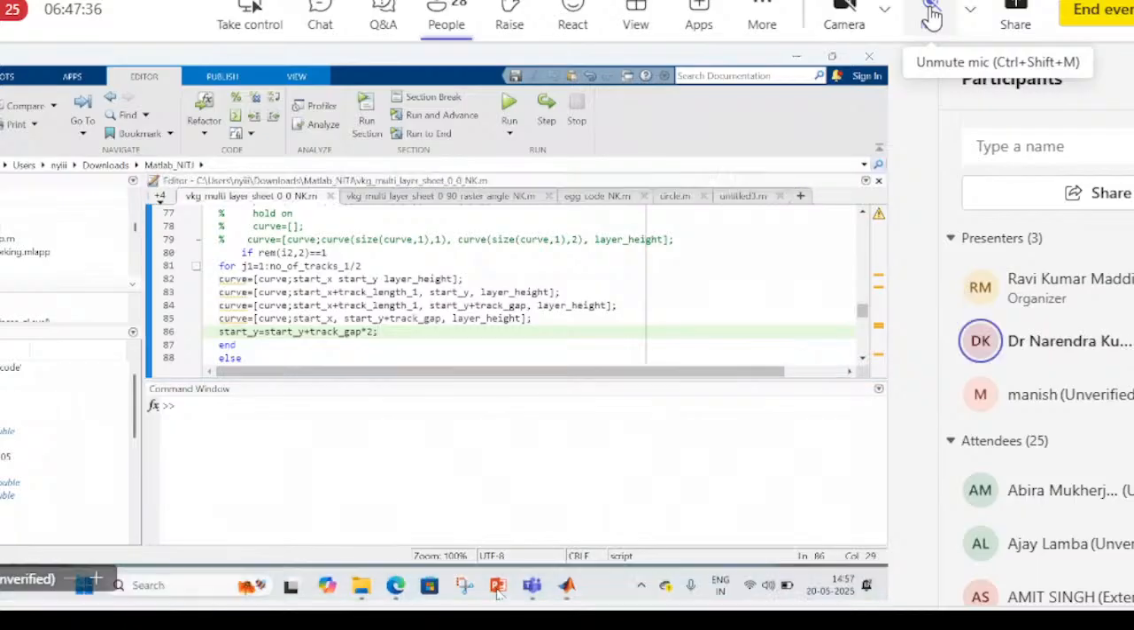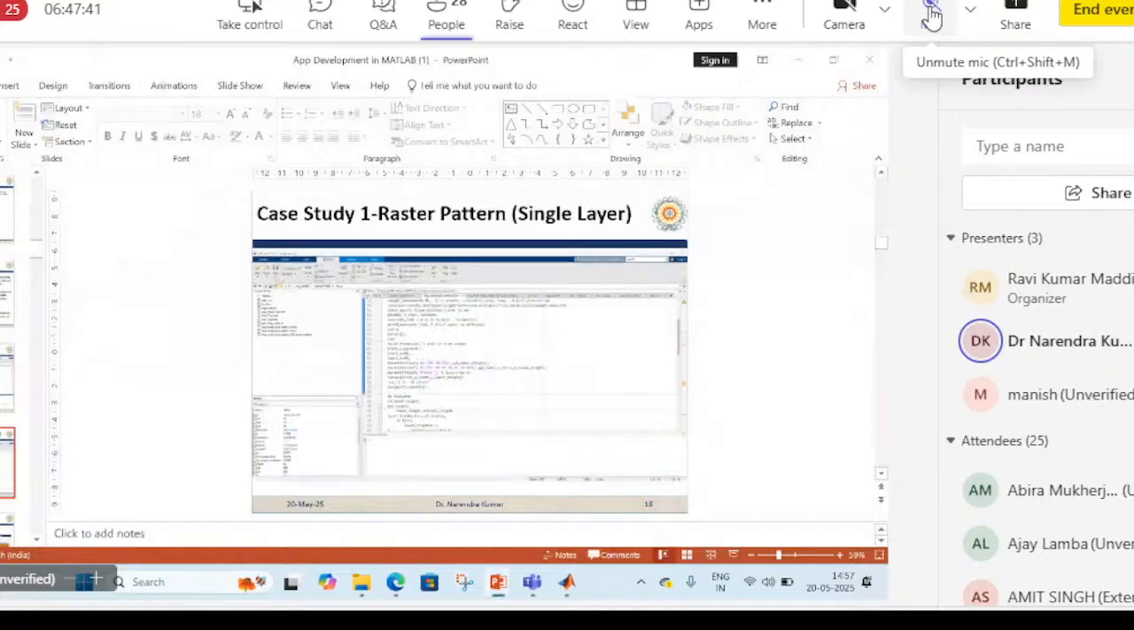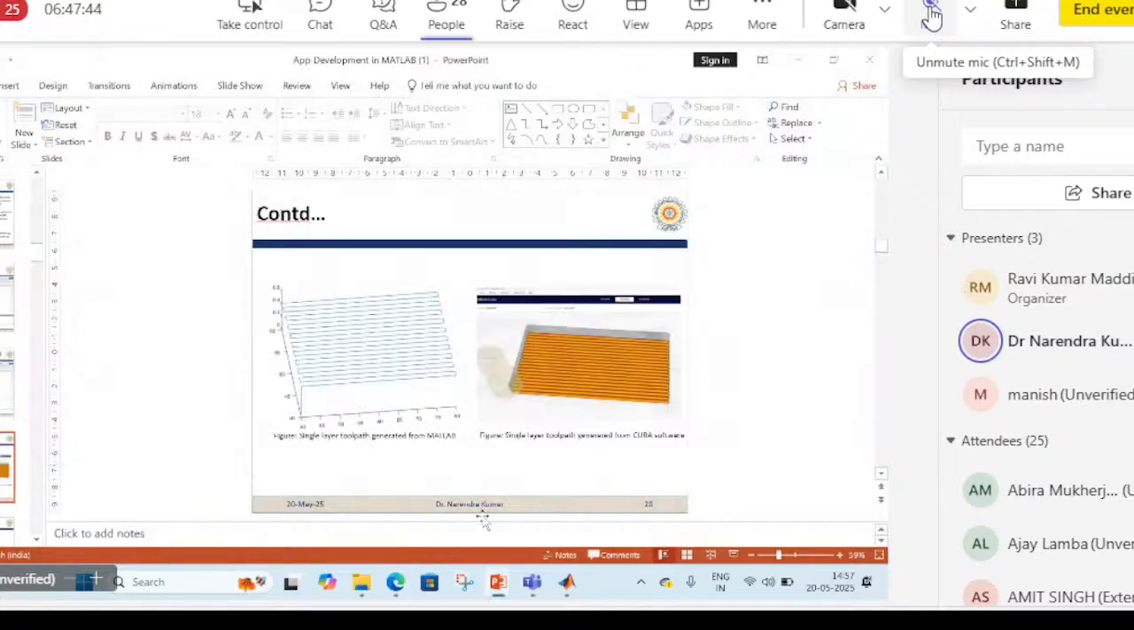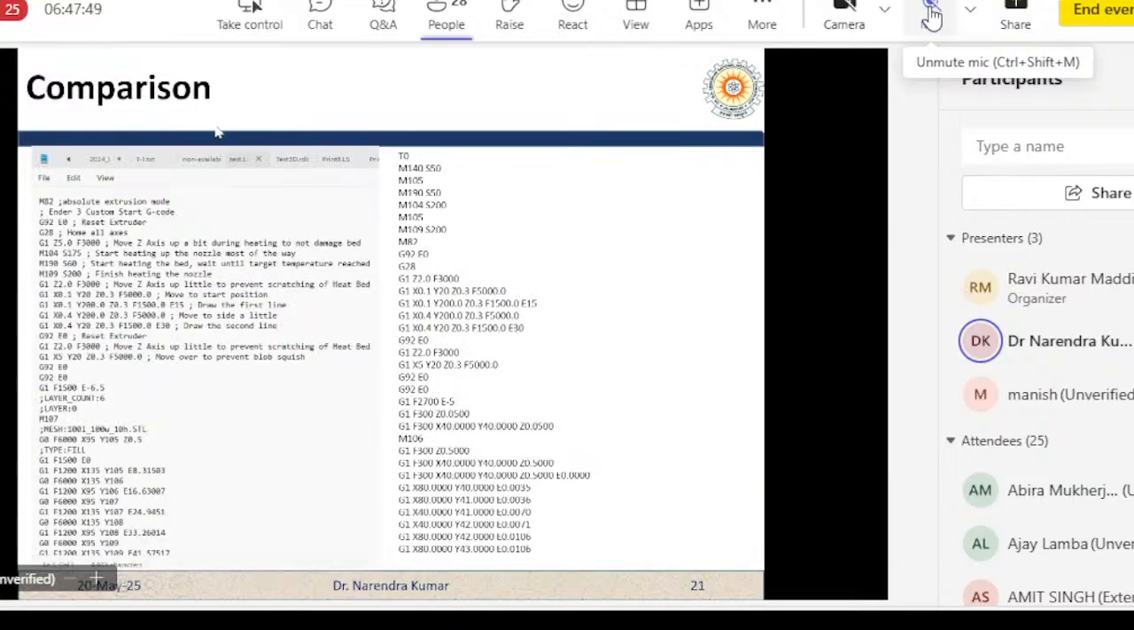Now, if you compare the code here, I have already pasted my code which I have generated from the MATLAB. So see, this is the comparison. In the standard or the commercial software toolbar, we have some commands also, right? Start heating the bed, start cooling, finish heating the nozzle like this, draw the second line, move the side of the little. But here we have not added commands, but we have taken care to keep